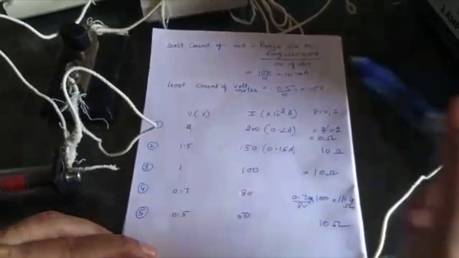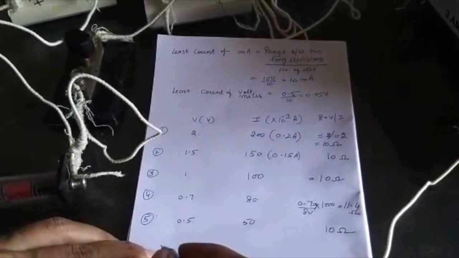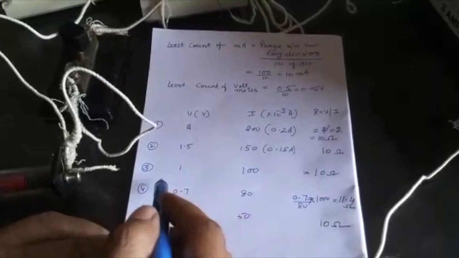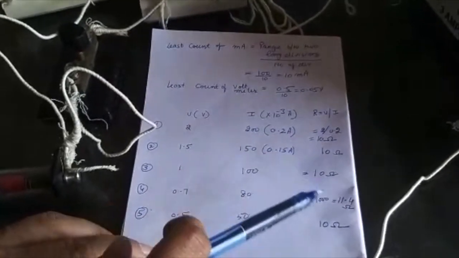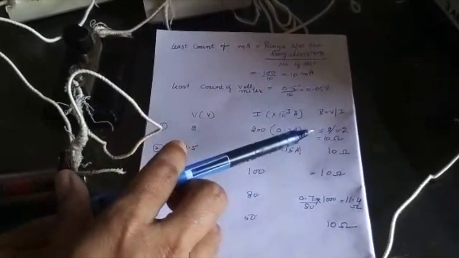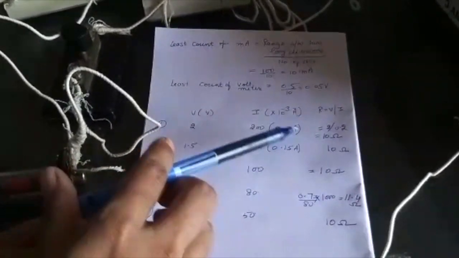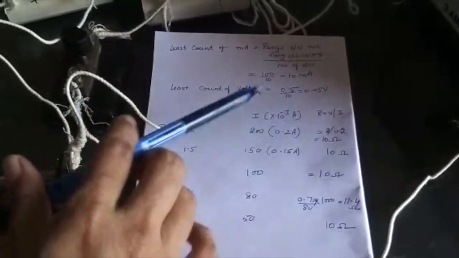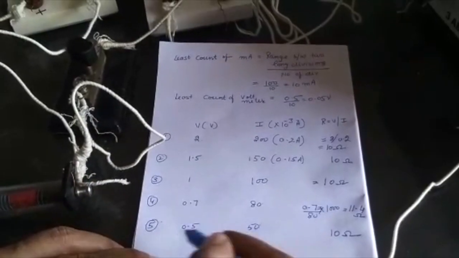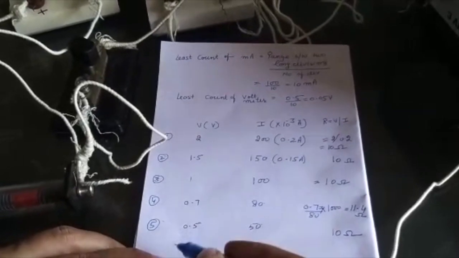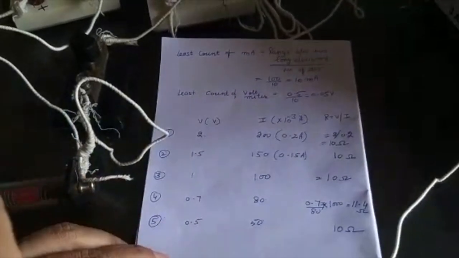If you plot the graph for V and I, you will get a straight line for all these 5 values. In most of the cases I am getting my value 10 ohm here. It might be the case that when you do it, in some cases you will get your value somewhere around 11 or 12 or around 9. These are the acceptable values. So now your work is to plot the graph for all these 5 values and find out whether we are getting a straight line for the VI graph or not.